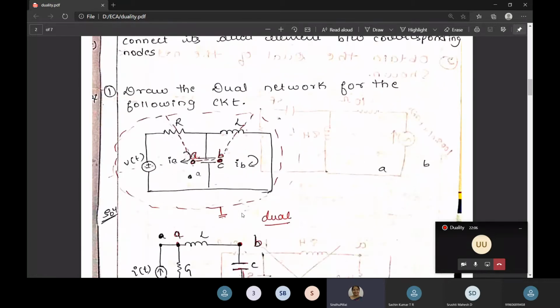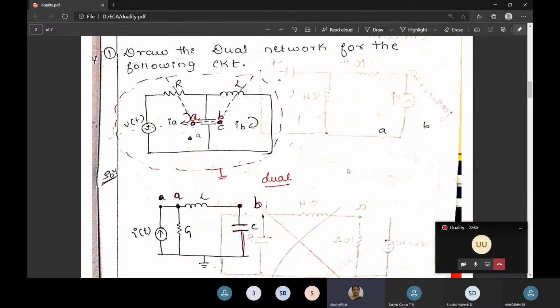First we'll see one example here. Draw the dual network for the following circuit. This is the circuit they have given. First, how many meshes are there here? Two meshes, so it requires 2 points, A and B. Just name them as nodes or points. After that you have to trace every element from these points. I have traced R, I have traced L, and there will be a network around also. Just put a dotted line around the network. It indicates the ground connection.